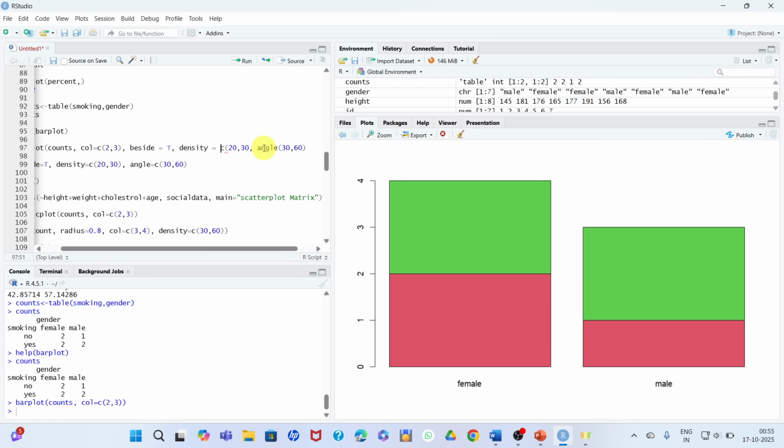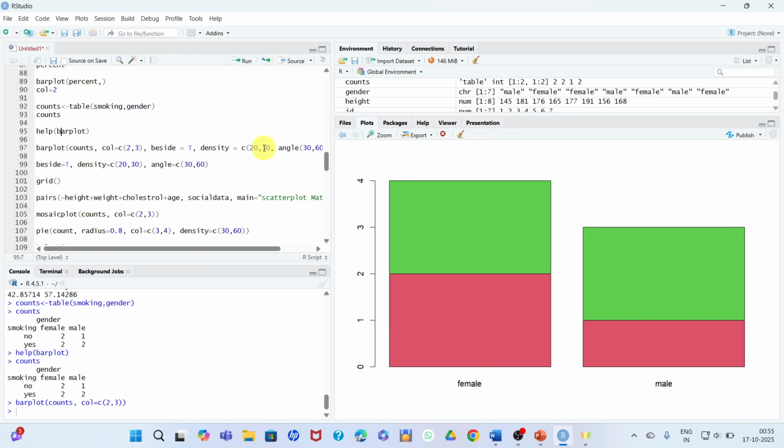Let's see. The command is right. So we have added certain arguments like beside, density, and angle.